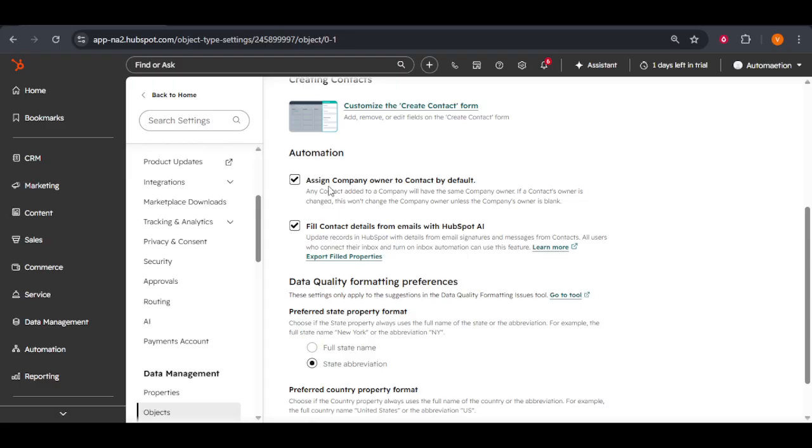This feature is particularly useful for sales teams or account managers who need to maintain clear oversight of who is responsible for each account. It eliminates the need for manual assignment, reducing the risk of errors and ensuring that no contact falls through the cracks. Additionally, by automating this process, you free up time for more critical tasks, such as nurturing leads or closing deals. HubSpot's automation ensures that your CRM remains efficient and that your team can focus on what matters most, building